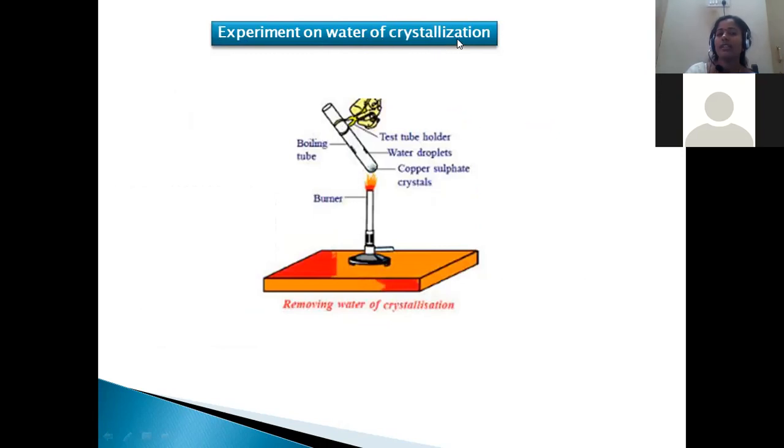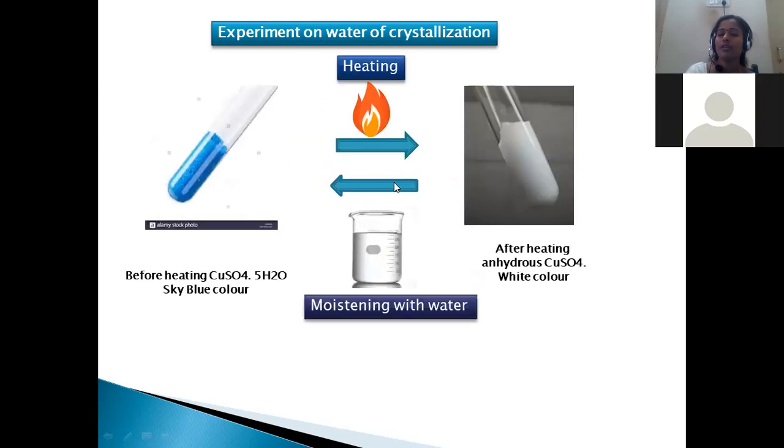In order to check the water content in the crystallization, we are performing one activity. For that purpose, we take a Bunsen flame and a test tube filled with a small amount of blue copper sulfate crystals, subjected to heating for a longer time. Later, the heated compound is directly weighed. We have to check the difference in weight before heating and after heating. Obviously, a loss of weight will be observed due to the loss of water molecules. You can also notice a visual change: initially it is blue, and after heating it turns white, because the blue component is copper sulfate 5H2O.